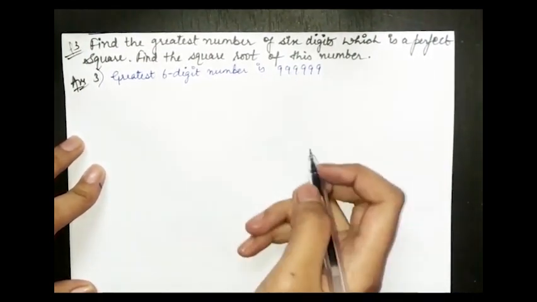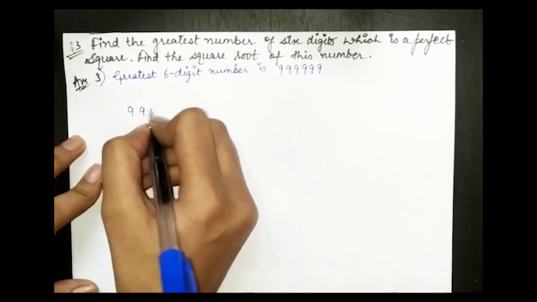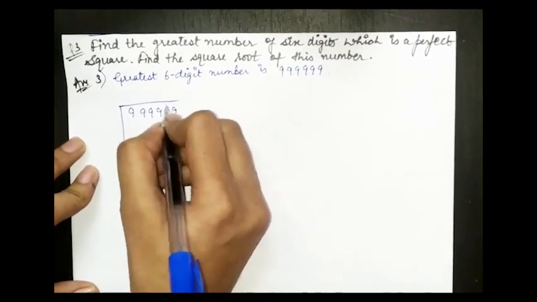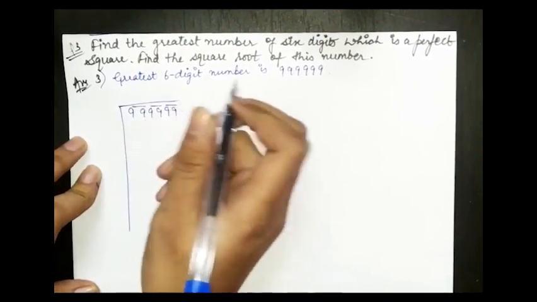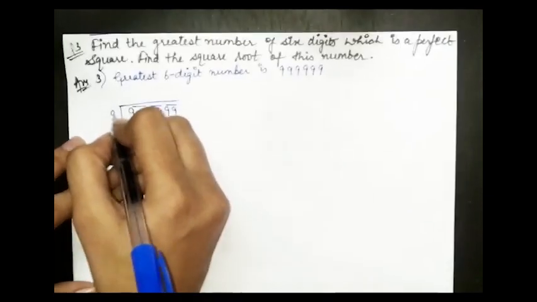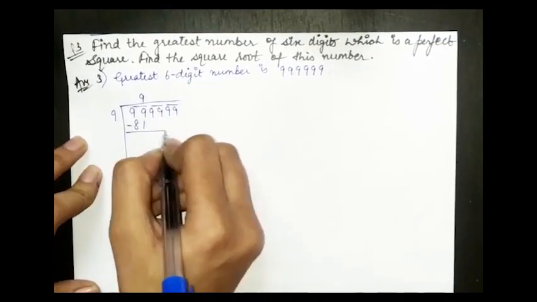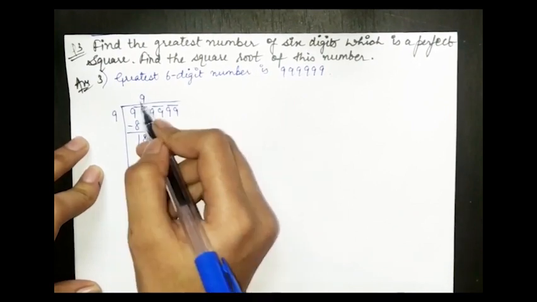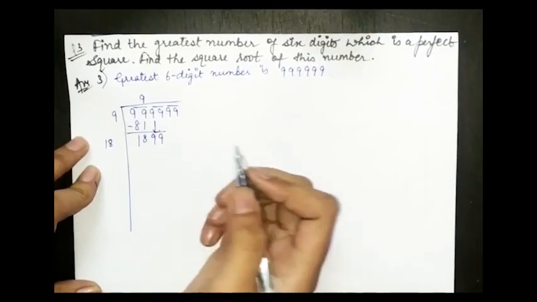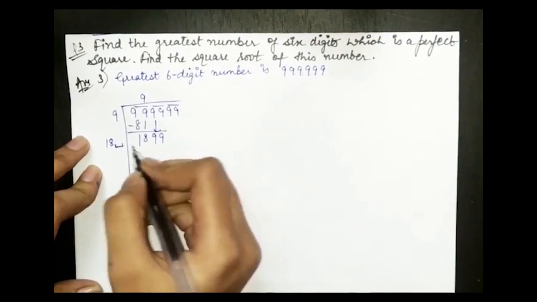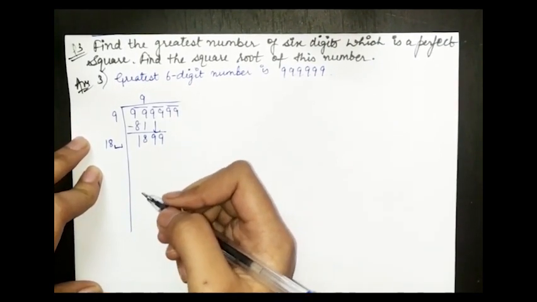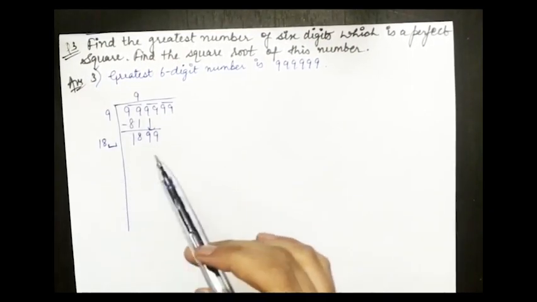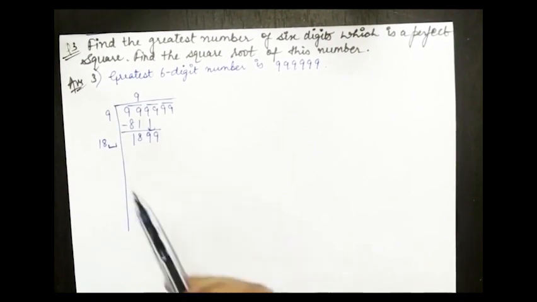So first we have to do the long division of this, that is 9, 9, 9, 9, 9, 9. Now the long division of this, one pair, one pair and one pair, means 9 9s are 81, as 10 10s are 100. So 9 9s are 81. That will be 81, means 189. Similarly, firstly you have to make the double of this, means 18. 9 2s are 18. Now we want one number so that this will be completely divisible or smaller than this. So what is that number? Now we will be finding whether 1899 is completely divisible or not.